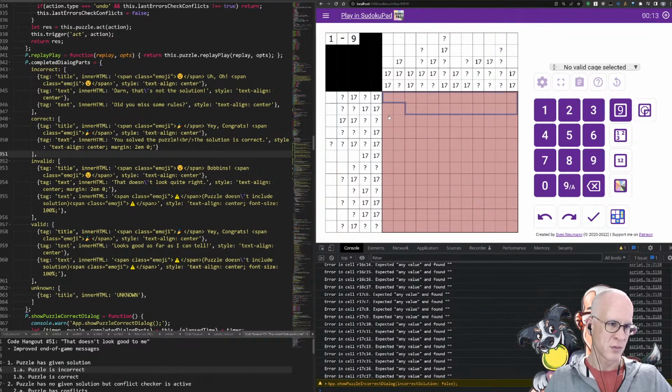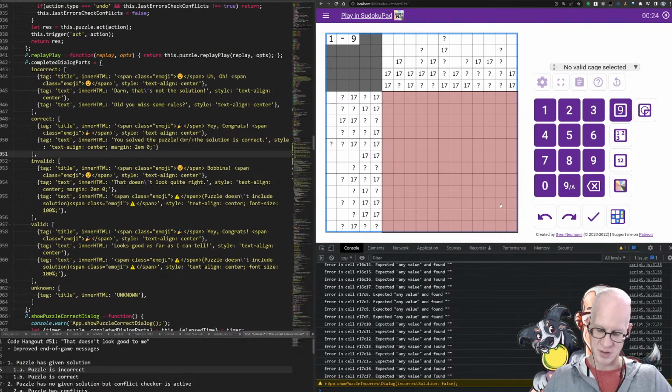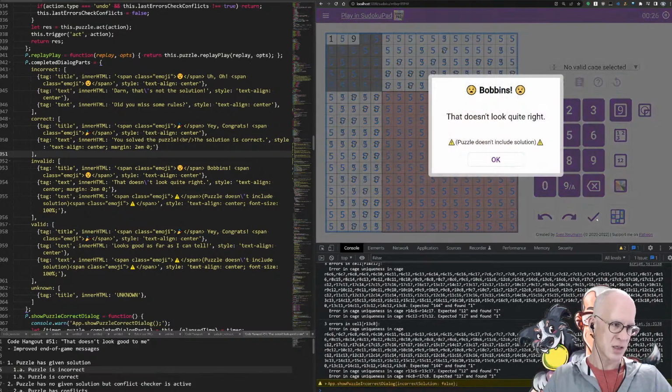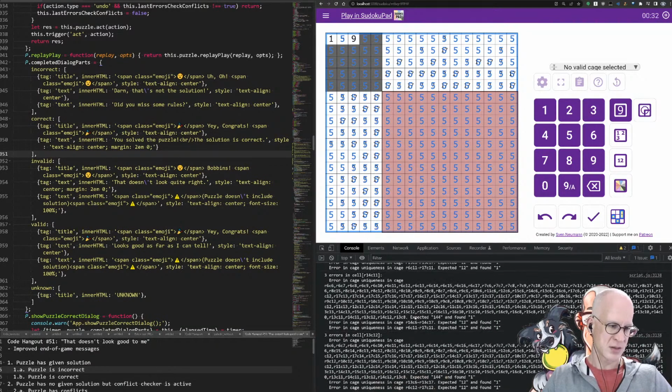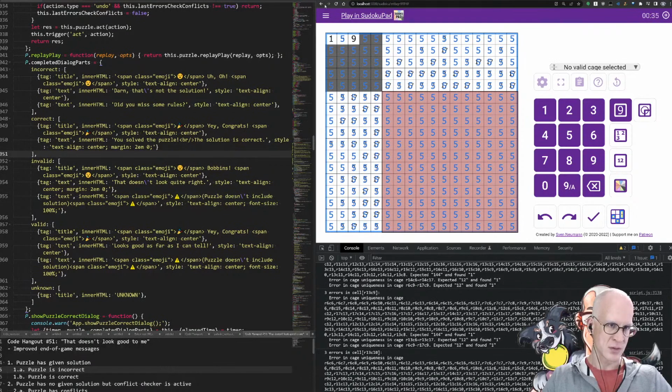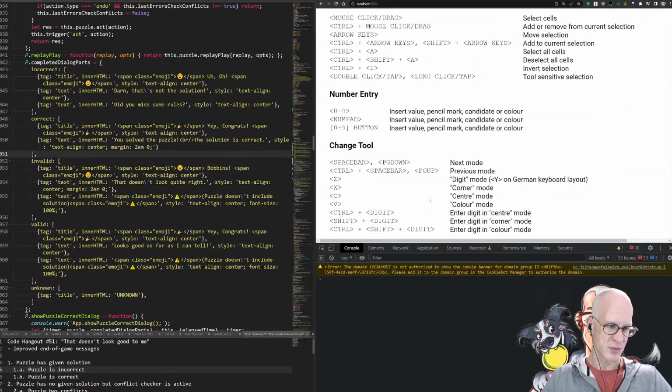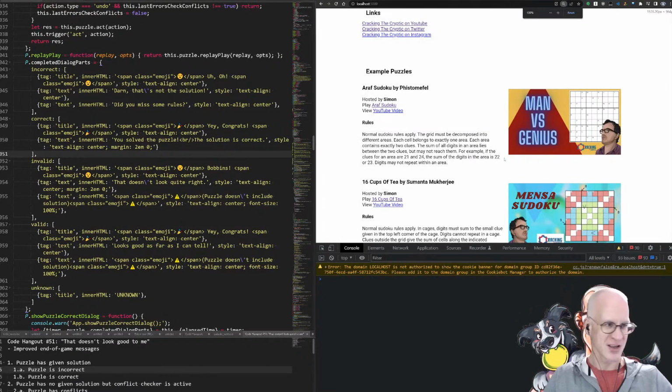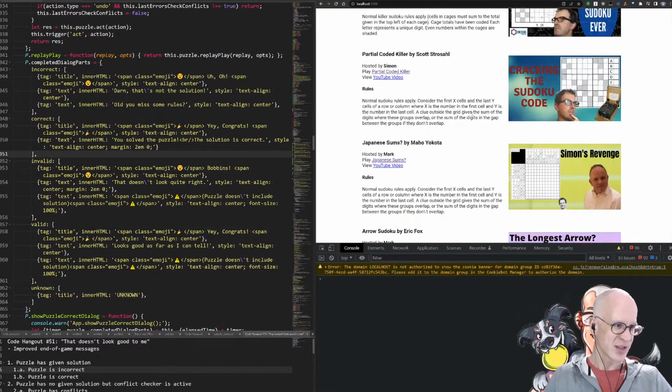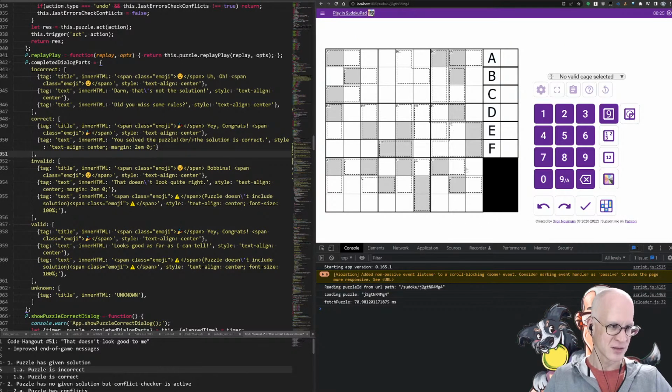Now if I fill... Whoops. Oh. I was actually trying to do a drag select, and somebody asked for that as a feature a long time ago. This is the first time I actually wanted to do it myself. Wait, I can just do this, right? If I do this, and then check, it says "doesn't look quite right." So this does try to do a solution check, which is quite impressive actually, that it tries. I did not expect it to try that.